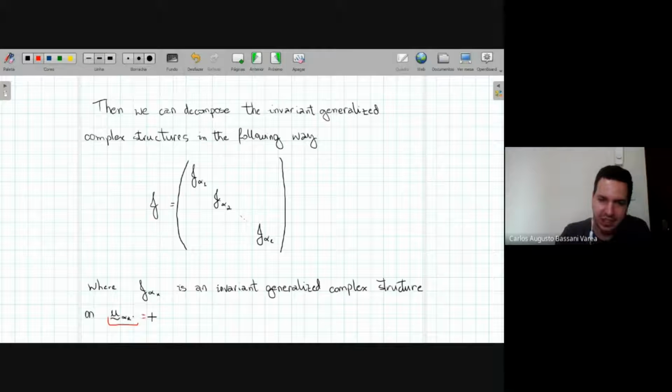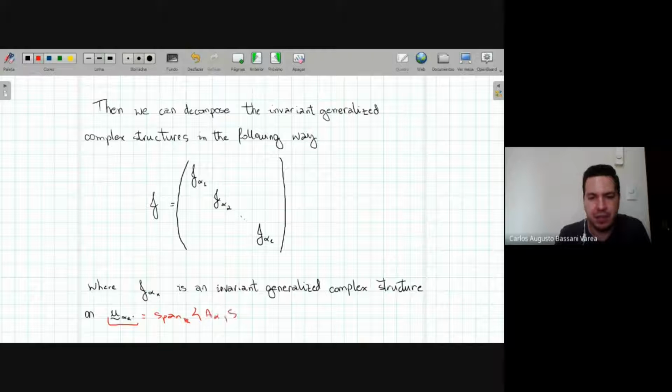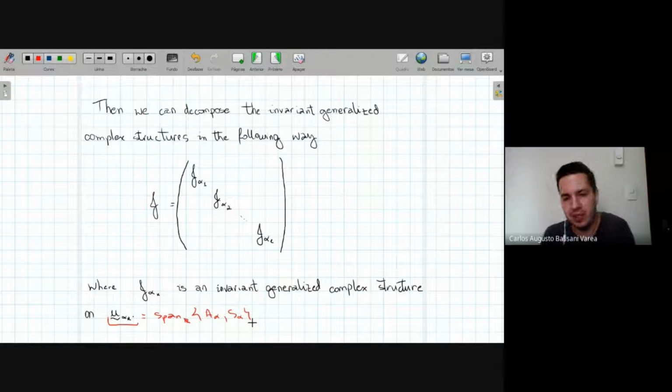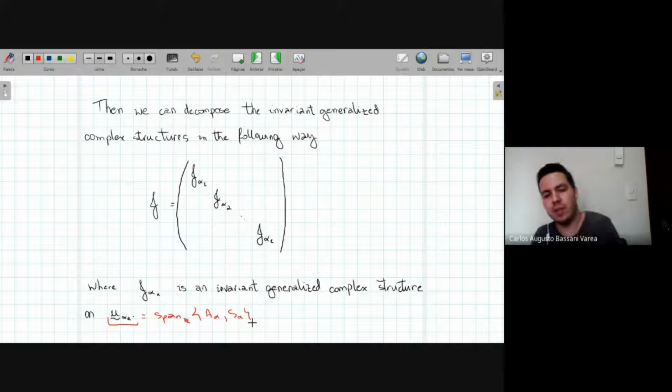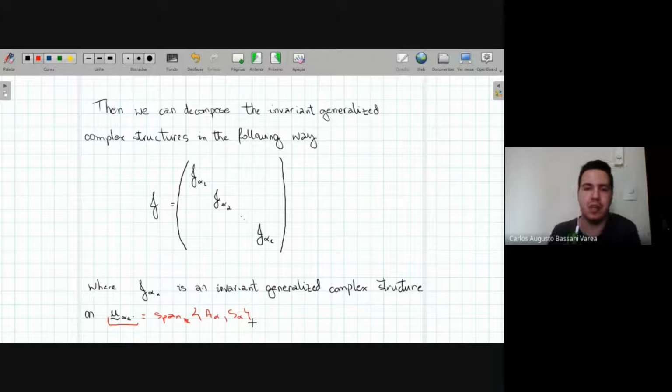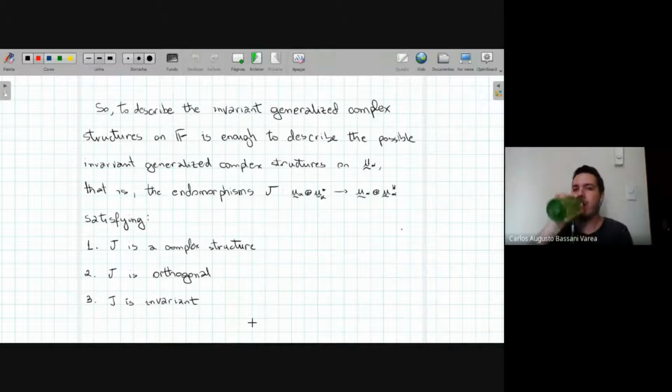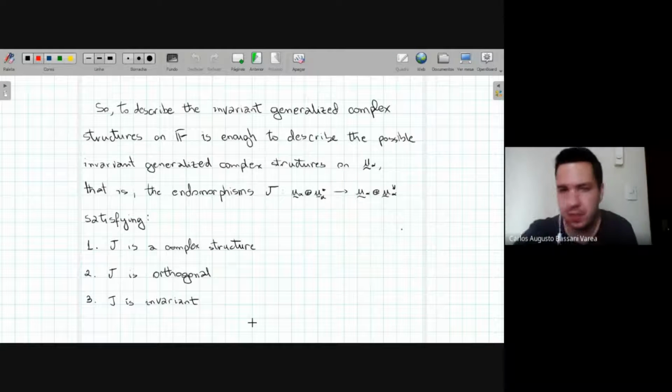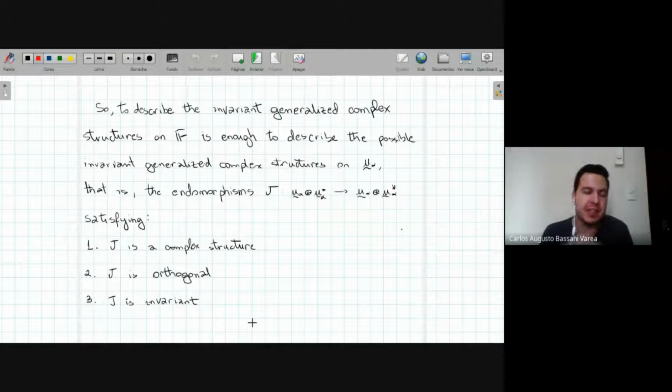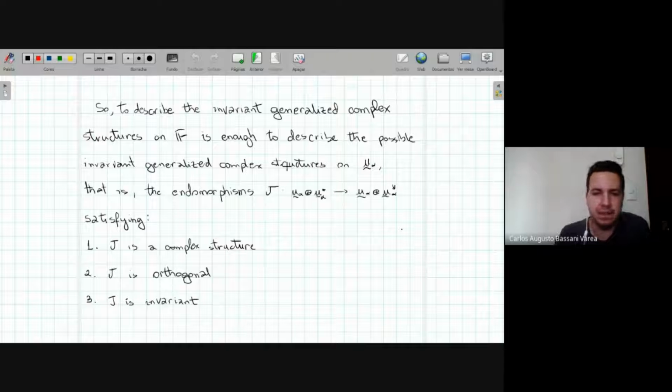Remember, again, that U alpha is the space generated by two elements. So U alpha is a two-dimensional space. So when we look at U alpha plus U alpha star, we are working on a four-dimensional space. So to describe these invariant generalized complex structures on a flag manifold, for us, it's enough to describe the possible invariant generalized structures on U alpha, which means that we are looking for endomorphisms J on a four-dimensional space